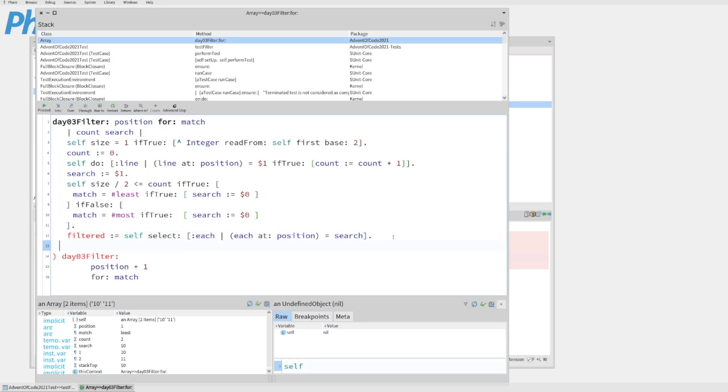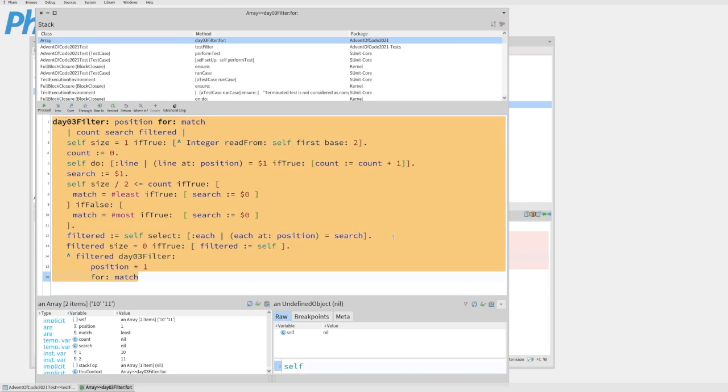And then if filtered size is equal to 0, that means we didn't find a match, so if true, we'll just set filtered to self, because we don't want to search an empty one, and now we can just say return filtered. Okay, so save that,